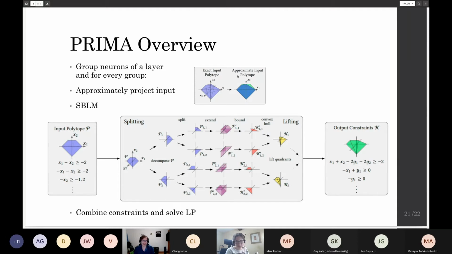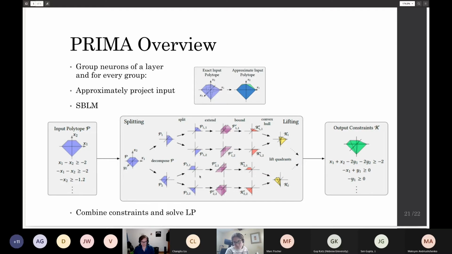So far, they were very slow. And with Prima, we introduced a method that's about 2 to 3 orders of magnitude faster. Effectively, here we approximate groups of neurons jointly. The very high level idea is that we take the input space of the neurons that we approximate together, split this into regions where we have exact or at least tight linear bounds on the activation function, there expand the corresponding polyhedra, apply those bounds, and then compute the convex hull over these quadrants or these polyhedra,